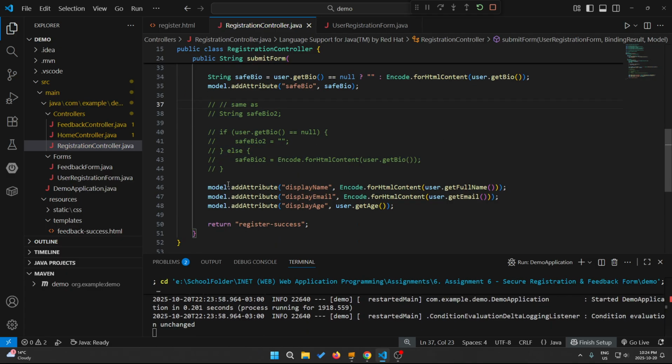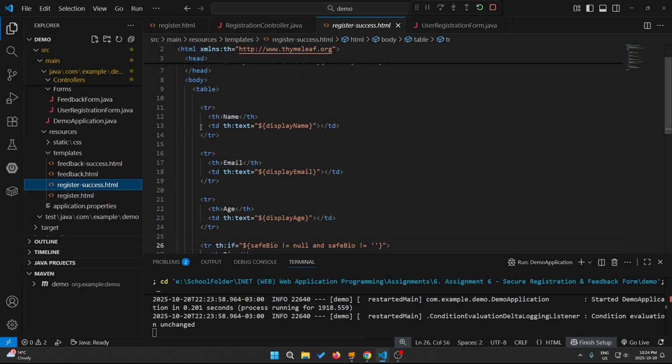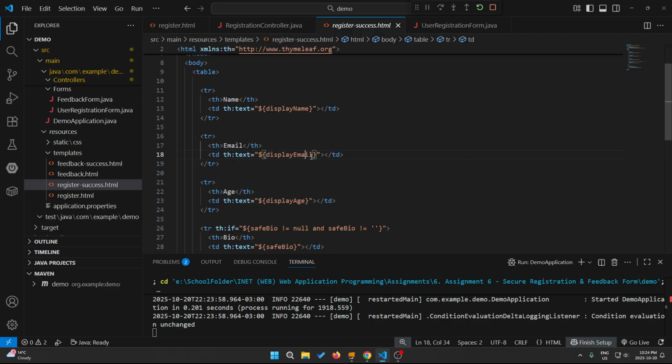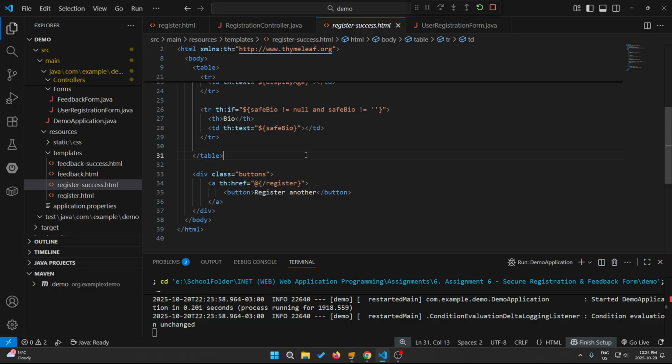And then add all those attributes so that they can be displayed. So add all the things that the user entered, except for the password. Add all these things to the model so that it can be displayed in register success. And then it will go through, and Thymeleaf will display those stored model attributes. And yeah, that's pretty much it. It's pretty much the same thing for